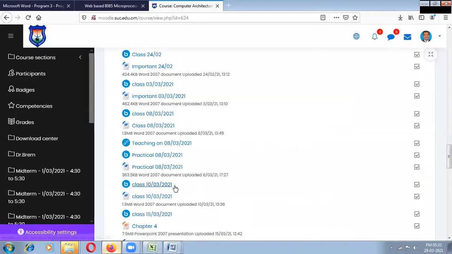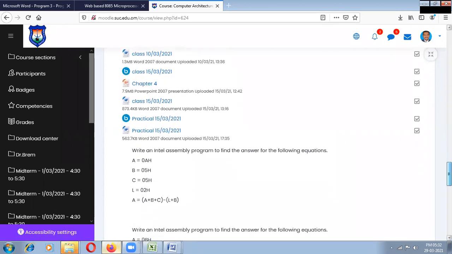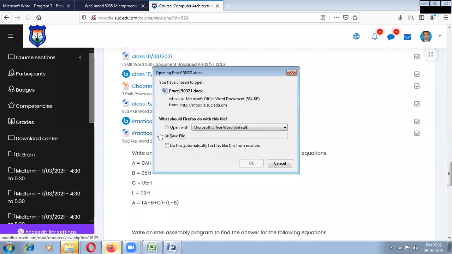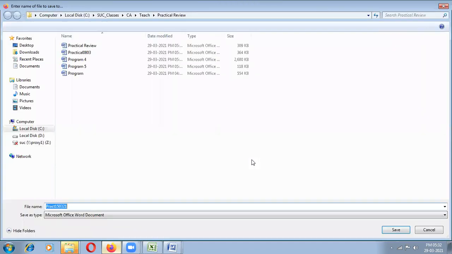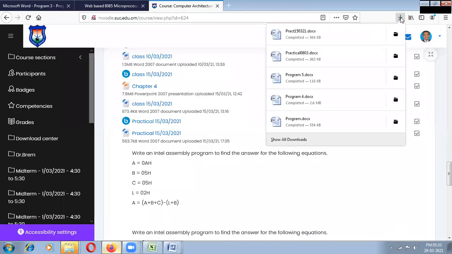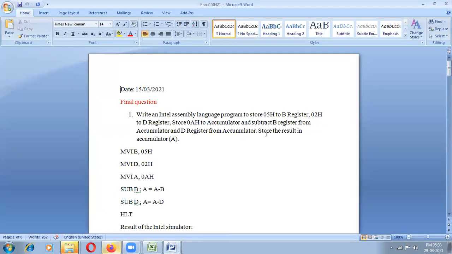Then what is next? Class 5, 10, then practical on 15.3. In the 15.3, what is the practical? Write an assembly language program to store the accumulator and D register, and this is the final exam question.